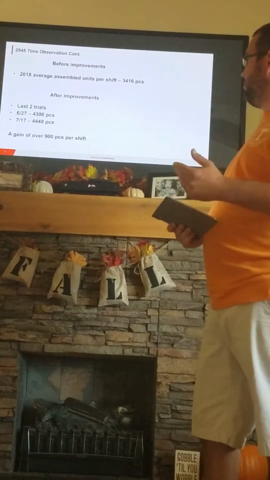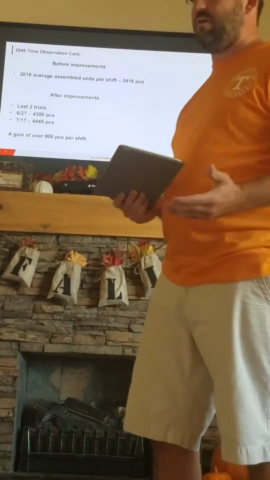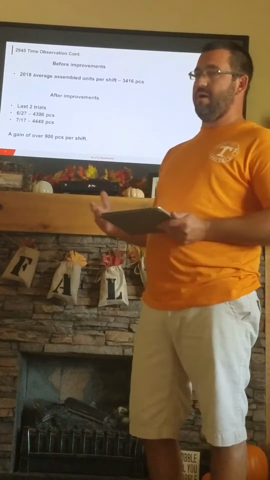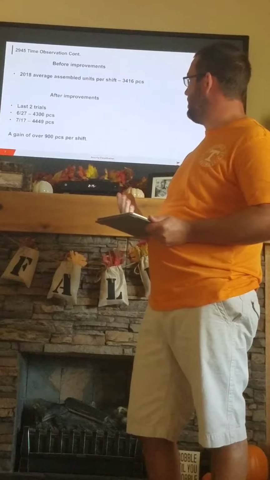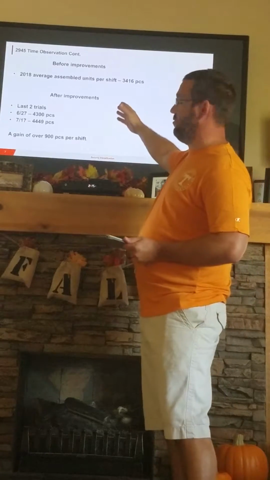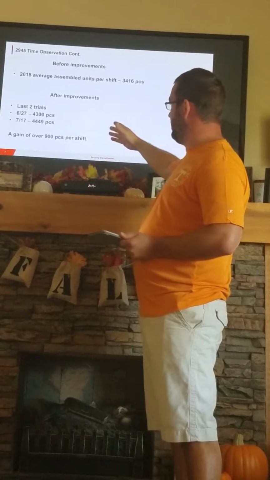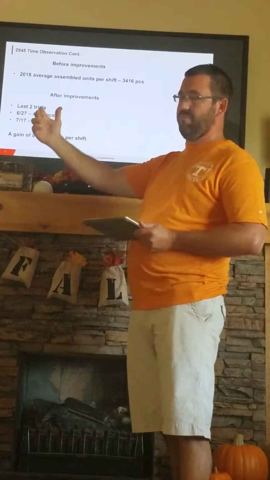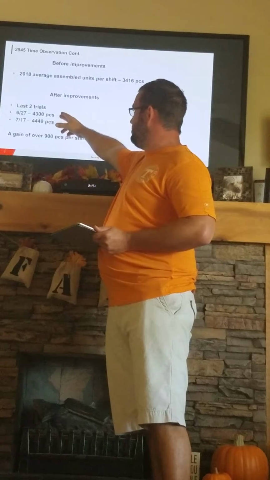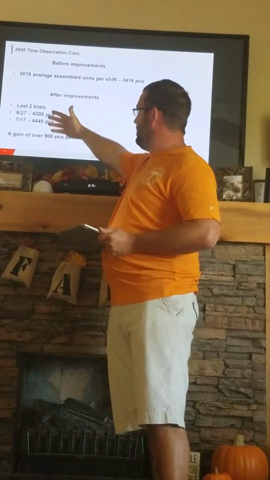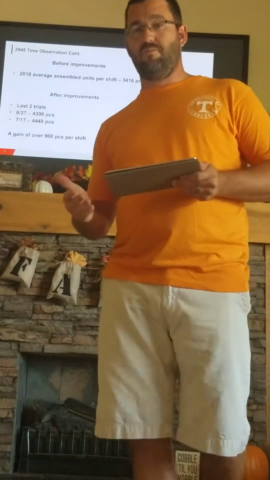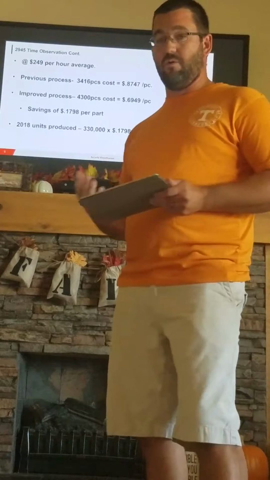This shows what our cost savings would be by going to this improved process. So in 2018, we were averaging over a 12-hour shift 3,416 pieces assembled. The last two trials that we saw in the previous slides, we assembled 4,300 pieces and nearly 4,500 pieces, a gain of over 900 parts per shift. How that equates into dollars,